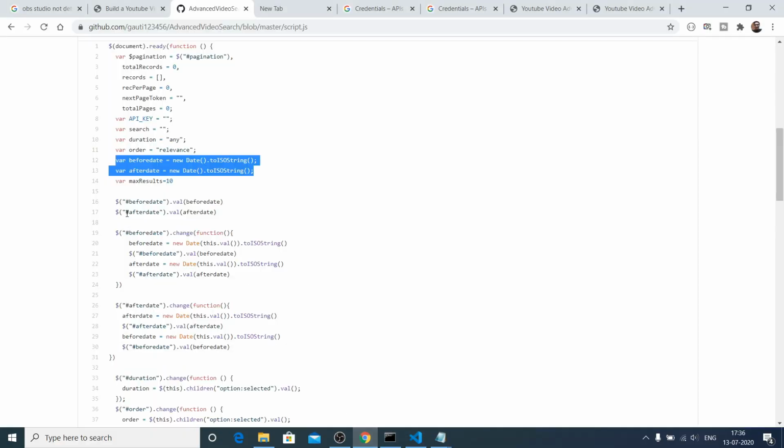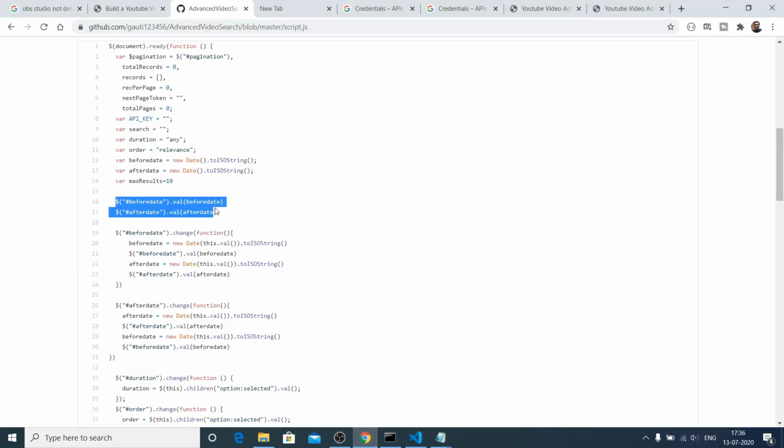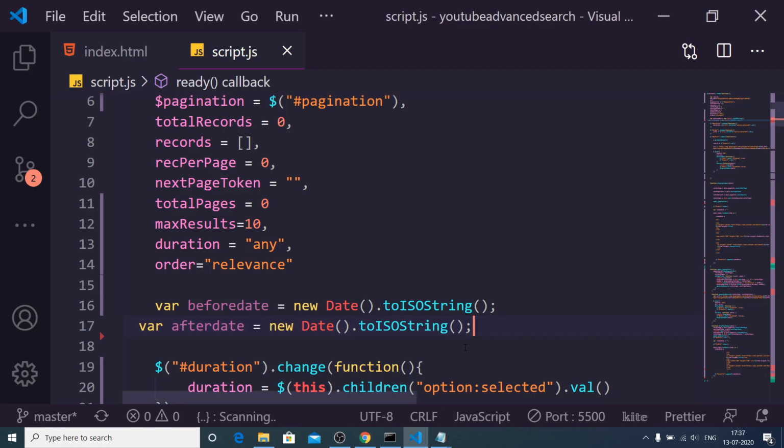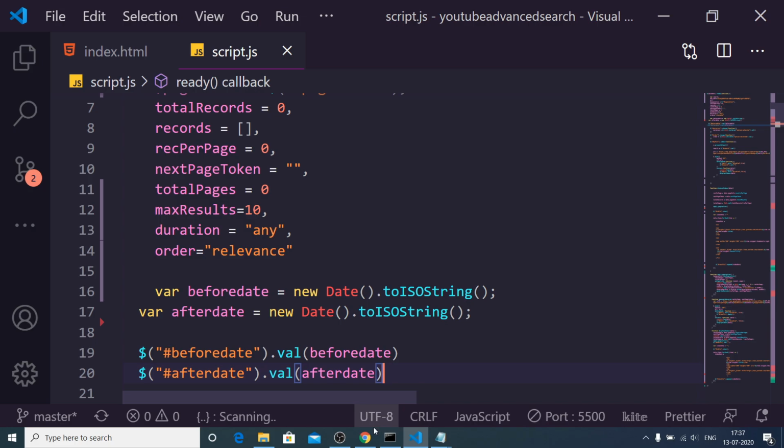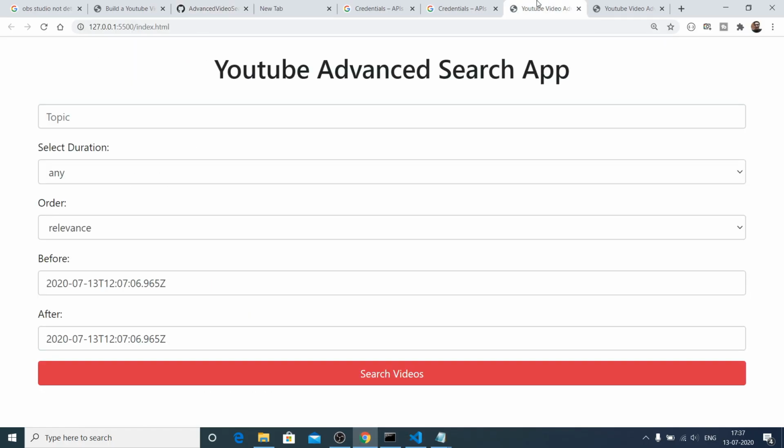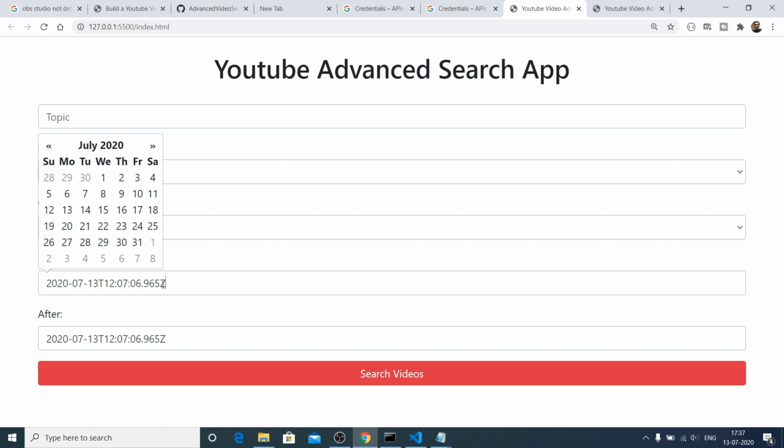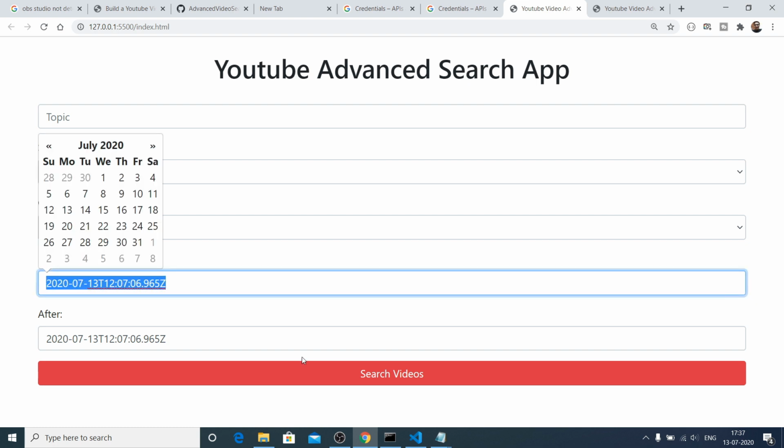After doing this, we need to set this value to the input fields, the exact date. Now if I refresh it, you will see today's date printed out inside these fields. Today is 13 July, and you can see this is a format that the YouTube API uses.